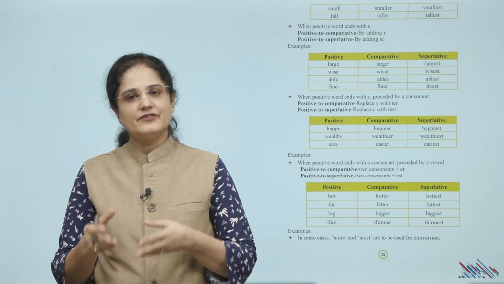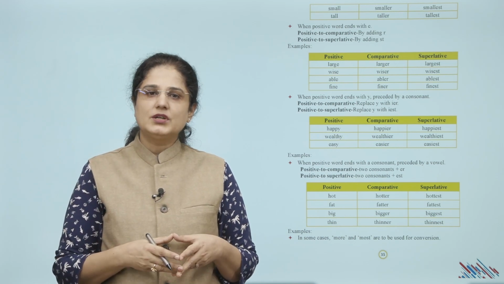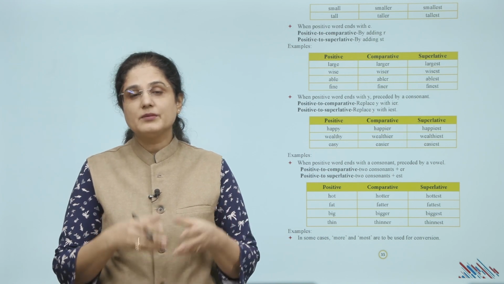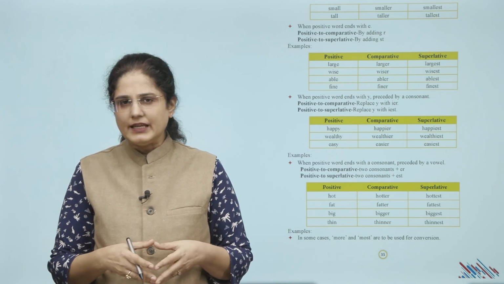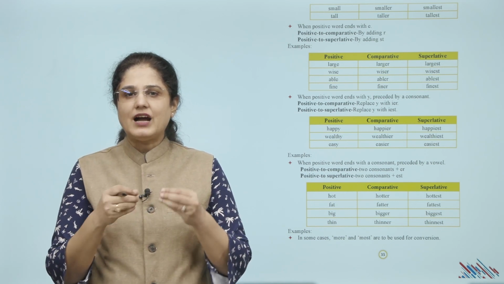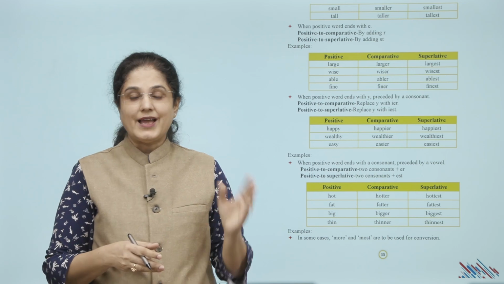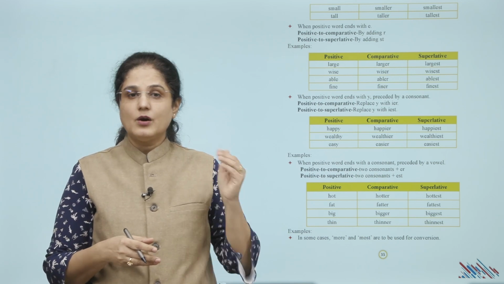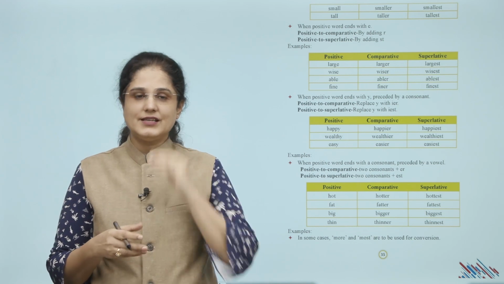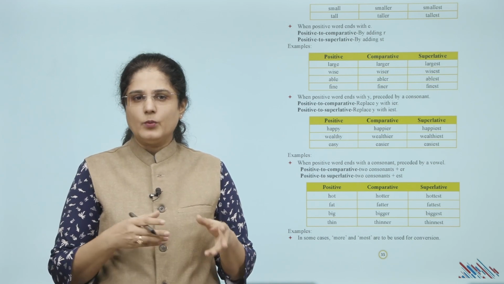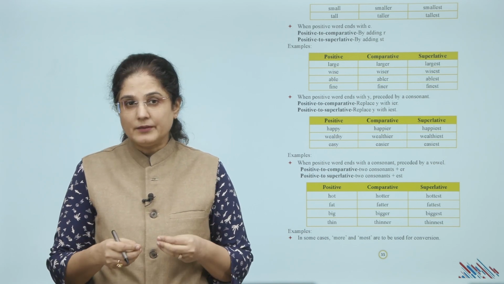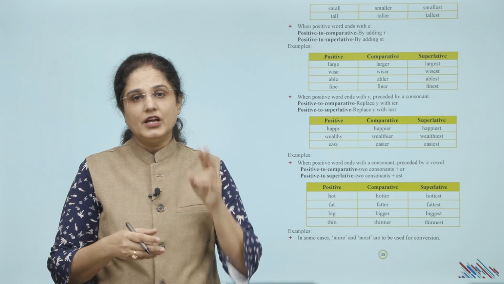Fine, finer, finest. When a positive word ends with Y preceded by a consonant, positive to comparative, replace Y with IER. Positive to superlative, replace Y with IEST. So happy, happier, happiest. Wealthy, wealthier, wealthiest. Easy, easier, easiest. For example, when a positive word ends with a consonant preceded by a vowel, positive to comparative,